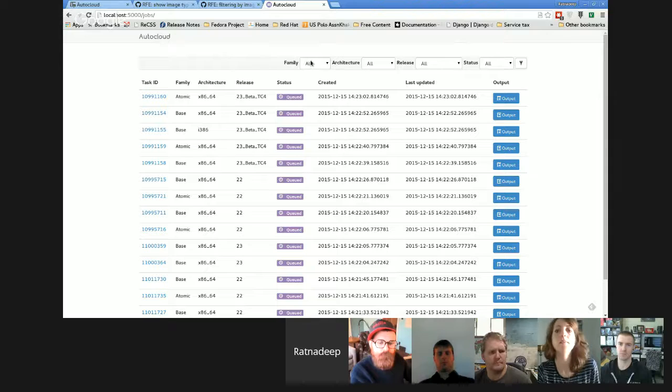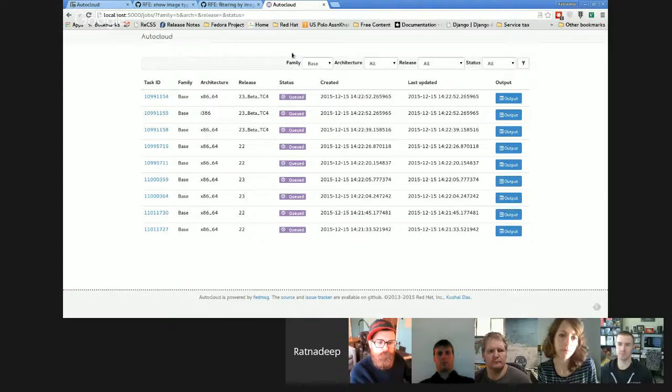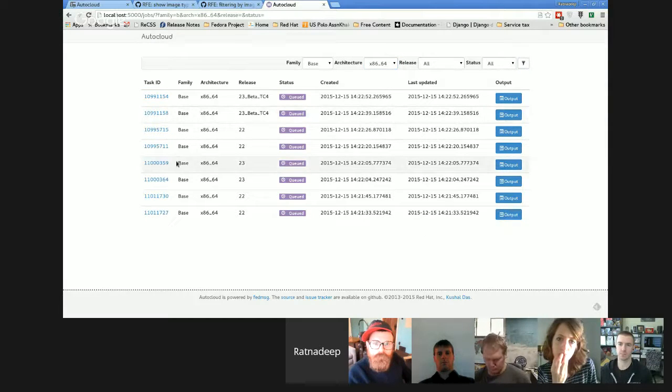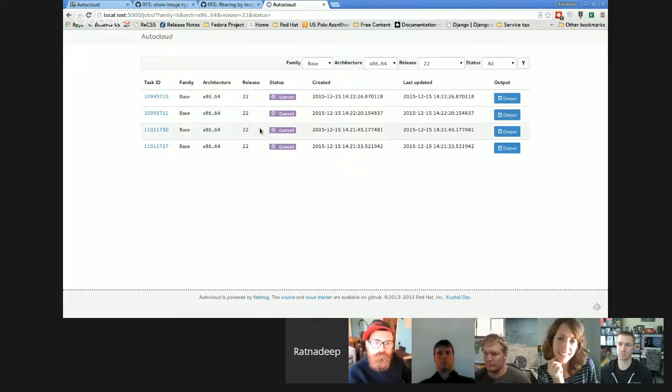So we can filter by family. Say we want to see all the base jobs for base images. So we filter and we see it's filtered accordingly. So we might want to filter by architecture. So I choose x86-64, hit filter again, and yes, it's only showing that, and maybe I want to see only Fedora 22 related builds. Here it goes, and status currently